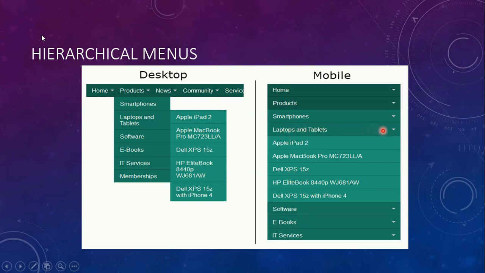When you click on laptops and tablets, again it has a menu list in this manner. So there is an existing relationship between the choice levels, or you say options: you have the main options, then there is a sub option.